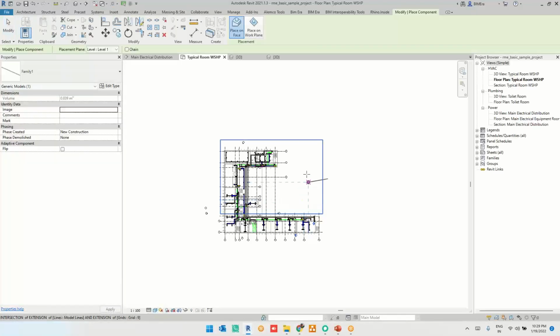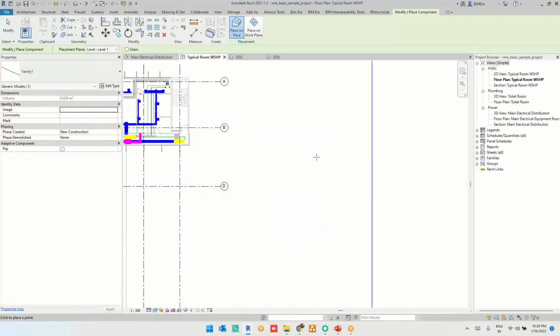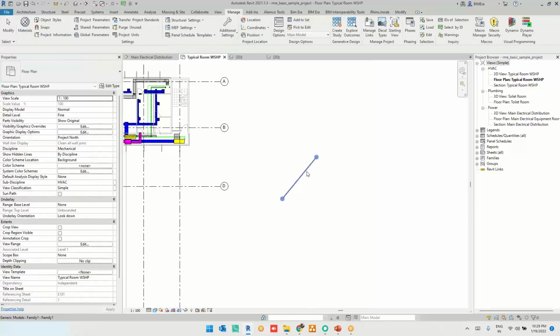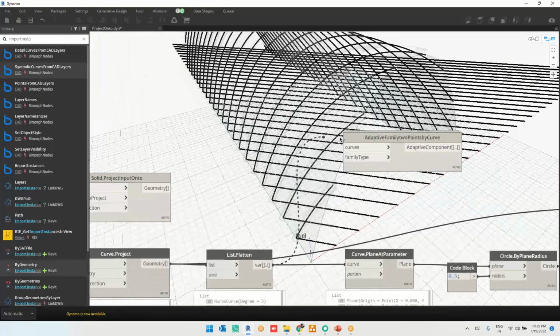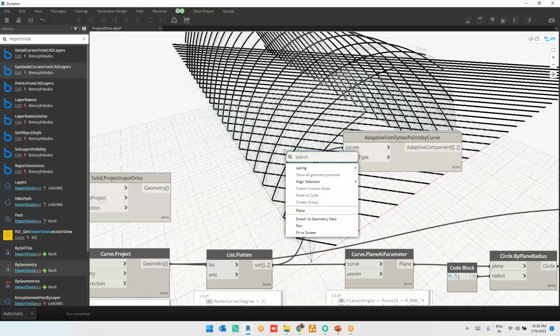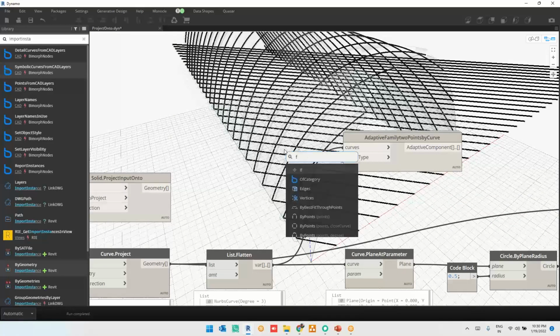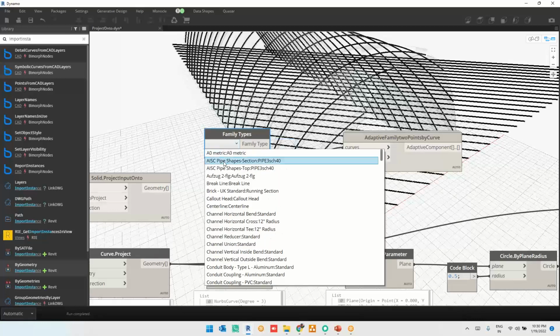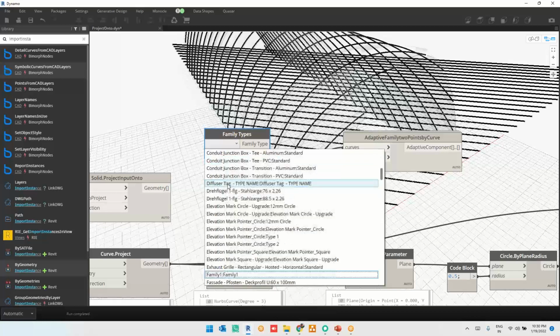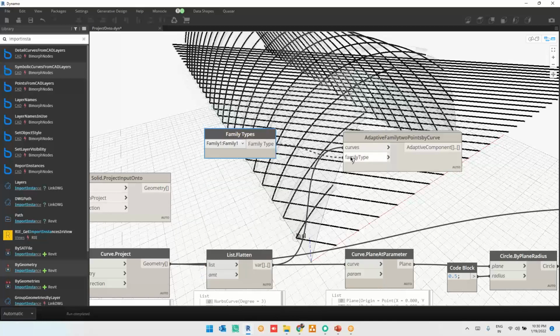I think it should be done with 3 points, because it's a NURBS curve. So when I connect this to the curves and family types, and I use this family one, when I connect this to this,